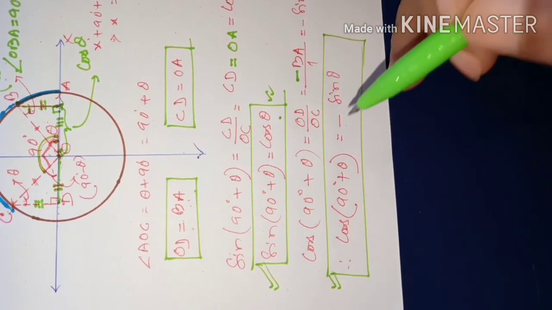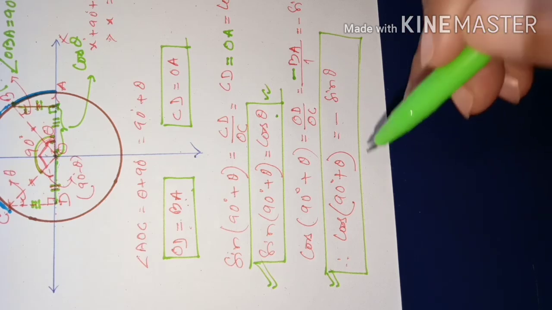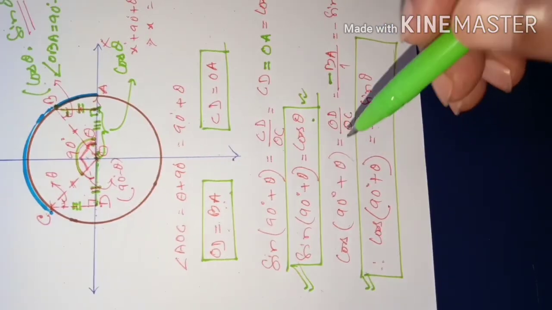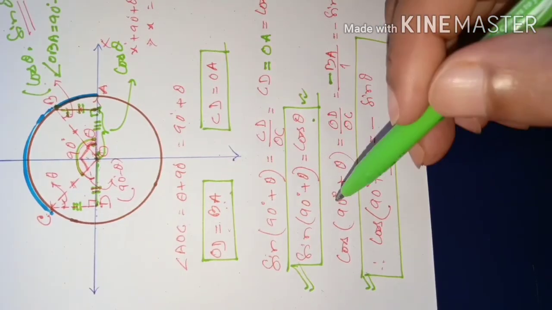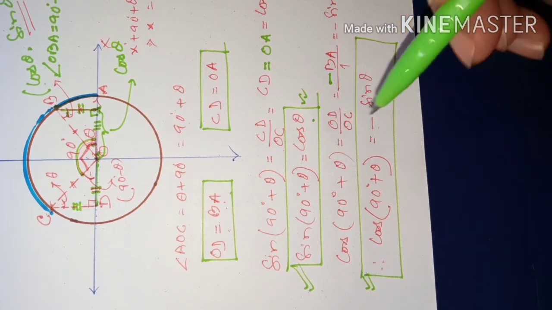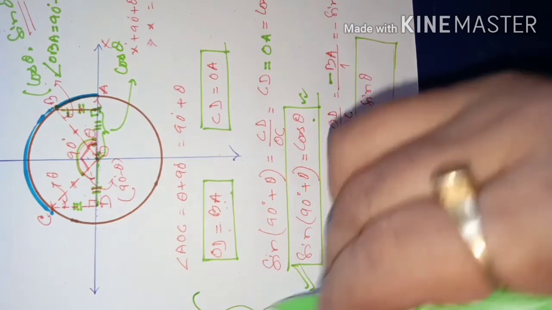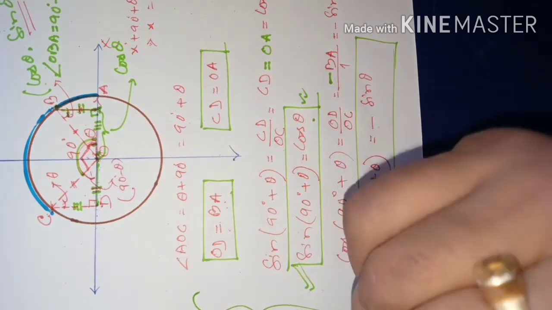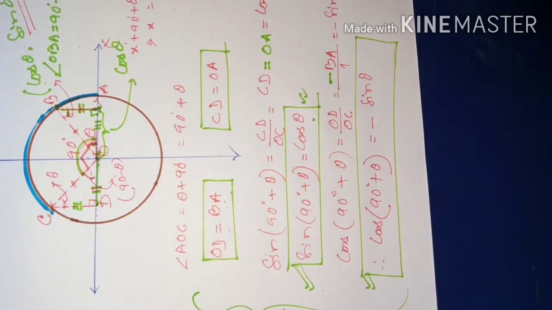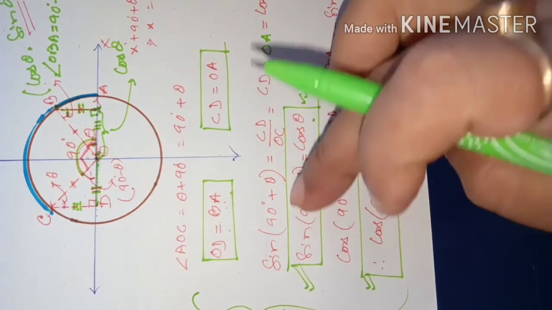So dear students, now we can extend this concept, and for other trigonometric functions also we can write in the same way. Means tan of 90 plus theta, you can make out, will be sine of 90 plus theta by cos of 90 plus theta. That way, the remaining ratios will be your homework. Okay, that will be your homework. Writing the t functions for 90 plus theta.